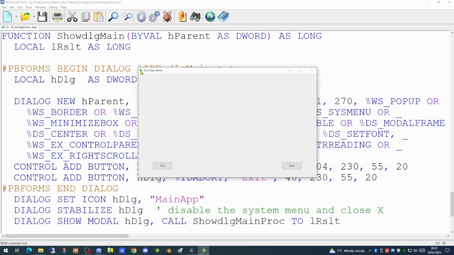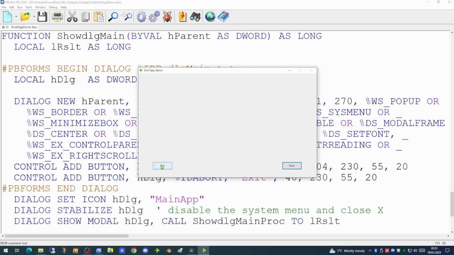And if we attempt to click on the system menu, the close is also greyed out. So this stops the user clicking on these. If we go down to the taskbar, right click and close the window, it will also not allow the user to close. So if you need a very simple method of actually stopping the user using these three ways of terminating your application, you can put this single line of code in.